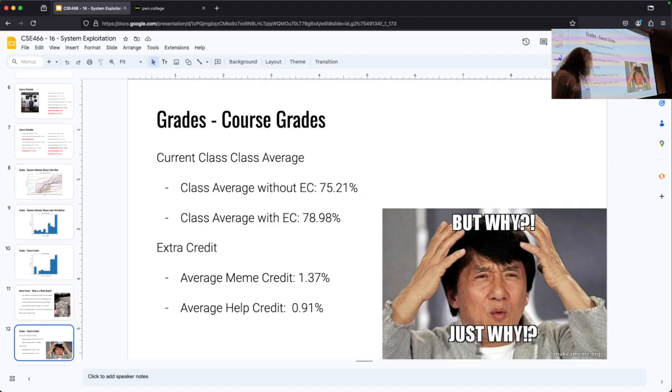Similarly, help extra credit goes up to 5%. The average person here has 0.9, and that is really just a couple of extreme helpers, and most people just don't try at all. It is worth posting. We did the math a week ago. One was worth like 0.86 or something, right? 0.89. All right, you remember, I don't. So that means that the average person in this class has said one helpful thing. Two helpful things would give you as much extra credit, if not more, than posting a meme.